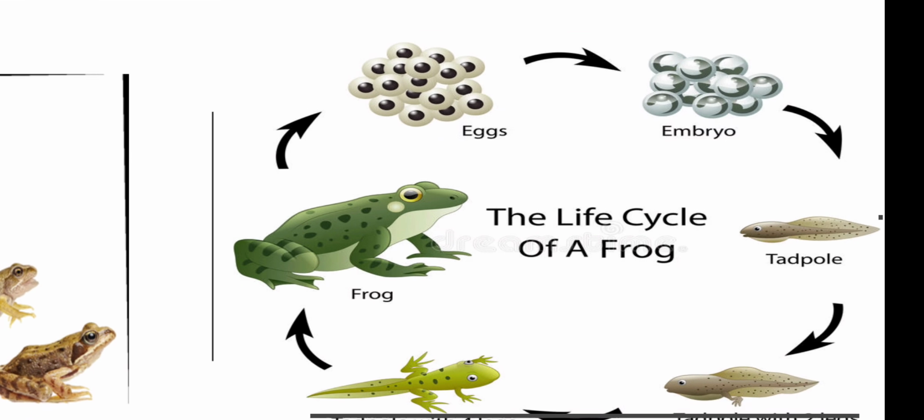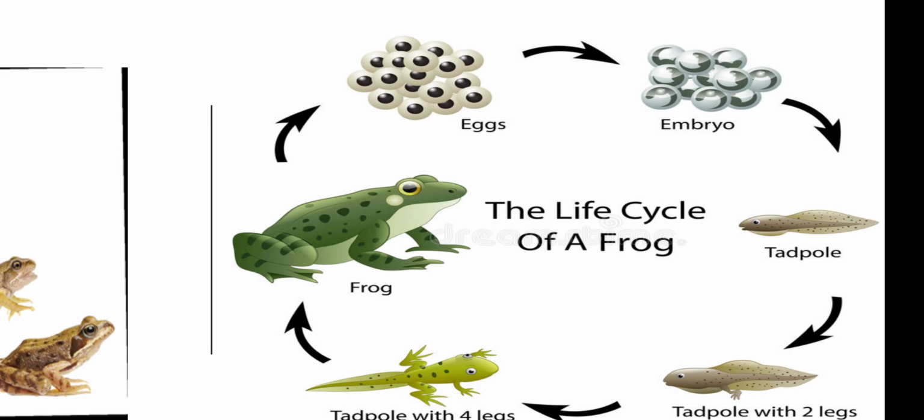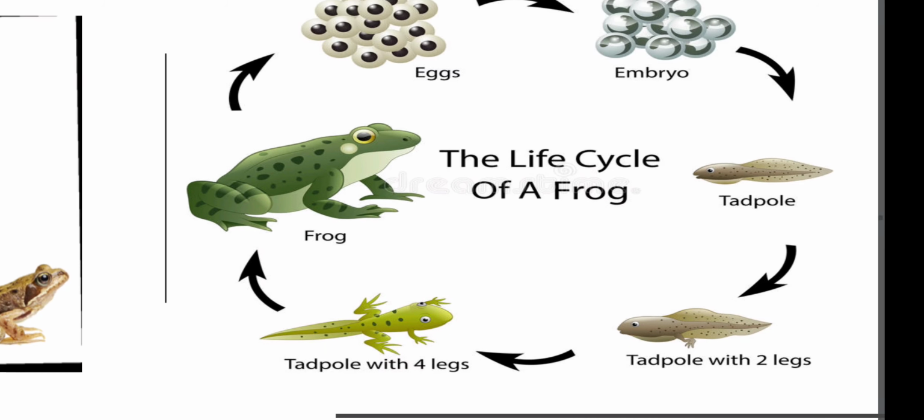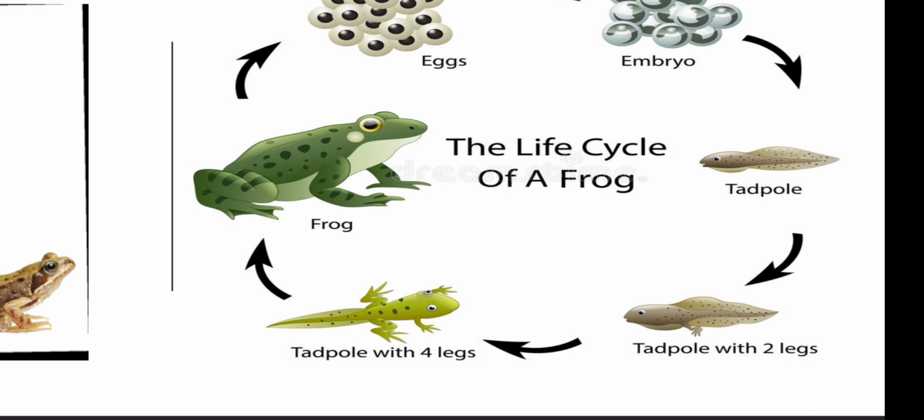Then metamorphosis. Metamorphosis means the development is indirect. In between you can see a young one, the larva, tadpole. The egg hatches into a tadpole larva, which is fish-like and grows three pairs of external gills. Then after some time, it loses some properties and becomes an air-breathing carnivorous frog.